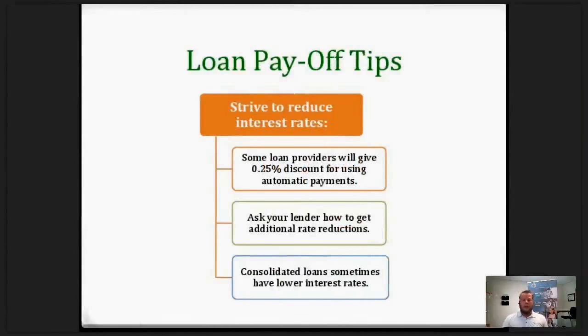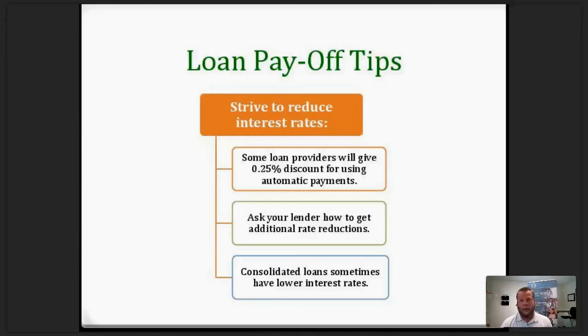Here's a huge one, guys. This is more specific to someone who's not taking advantage of debt forgiveness, right? They're not in a lower income bracket where their debt forgiveness eligibility and their payments are low. Let's say you're really honing in on, hey, I want to pay off my student loans. I've run the numbers. I don't qualify for any debt forgiveness. So I want to be strategic in how I'm paying off these debts and help mitigate some of that interest.